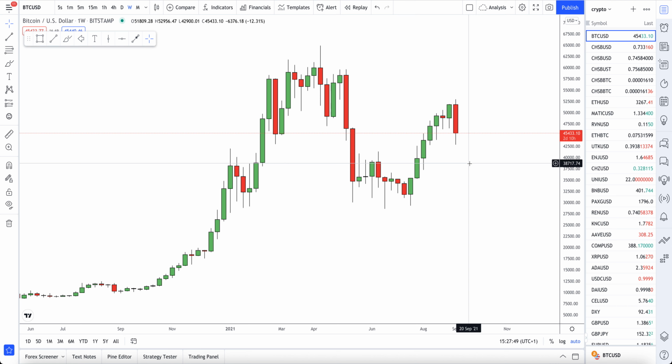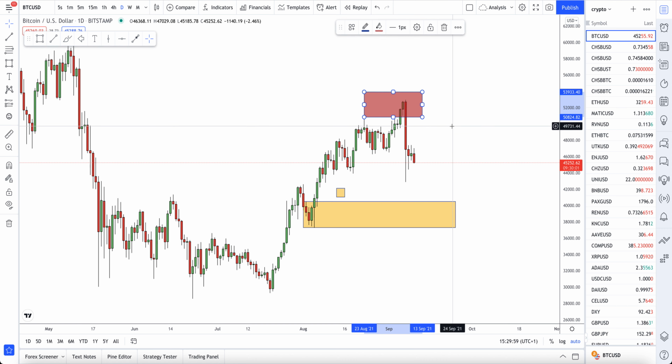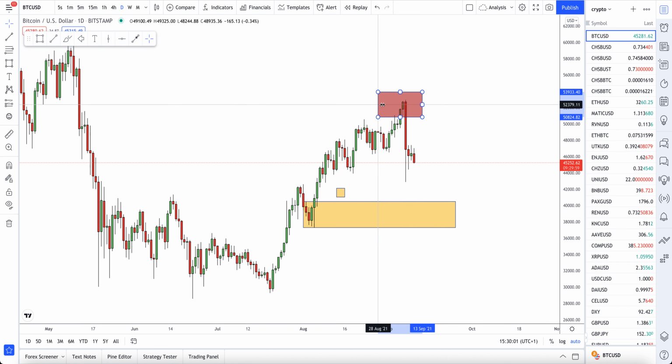And then we also have, based on the reaction, this is balanced, so we're going to go here and take all of this, and we're going to drag it out. We're going to change this to a red, so this is our reaction point. We're going to modify it slightly so it's a bit cleaner. So we have the level we need to get back above, and we're going to make this nice and straight, beautiful. We're going to make this very thick and turn it black. So this is what we need to get back above, very important.